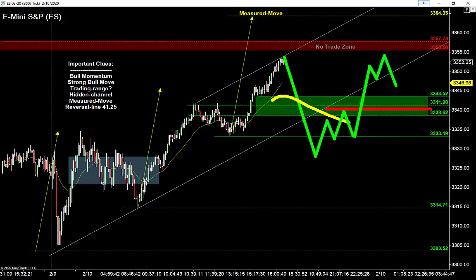This is a great combo setup that we see quite a bit. And it makes sense, because when you get that deep pullback and the bears try once, the bears try twice, a lot of times they'll just flip their position and go from being short to being long. And that results in this big explosive move higher. Again, what I would do is take a 1-to-1 first target, trail that stop,